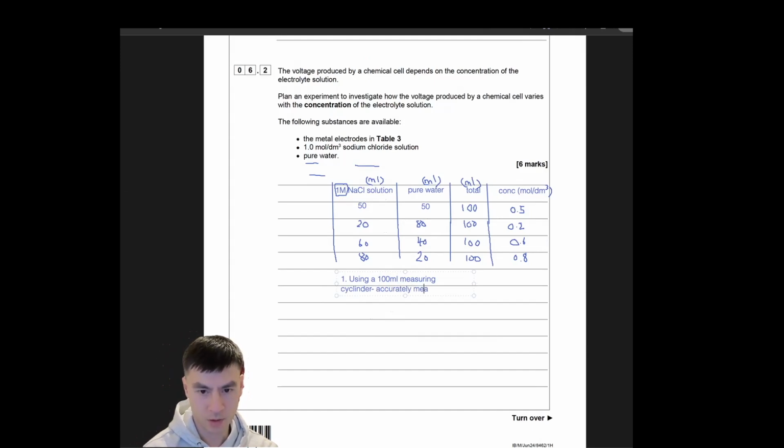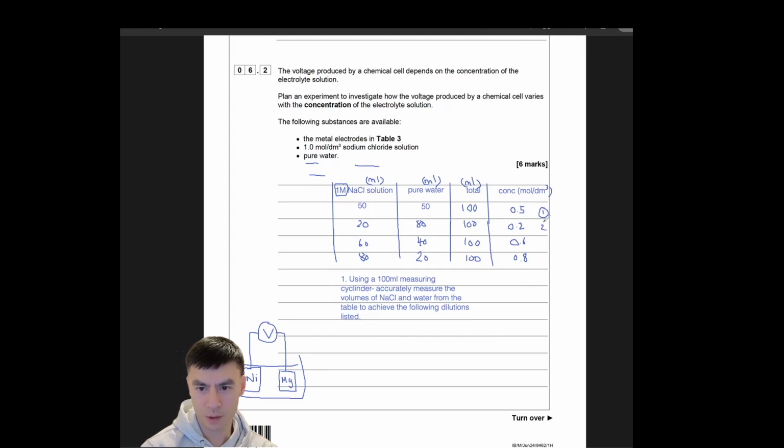accurately measure volumes of NaCl and water from the table to achieve the following dilutions listed。用翻頭先嗰個啦，頭先係 nickel 係咪啊？用翻 nickel，用 magnesium 最勁嗰個，咁我哋有一、二、三、四唔同 concentration，咁就會擺落嚟呢個度，就會 record 個 voltage。Making a fair test，我哋要用 same volume of